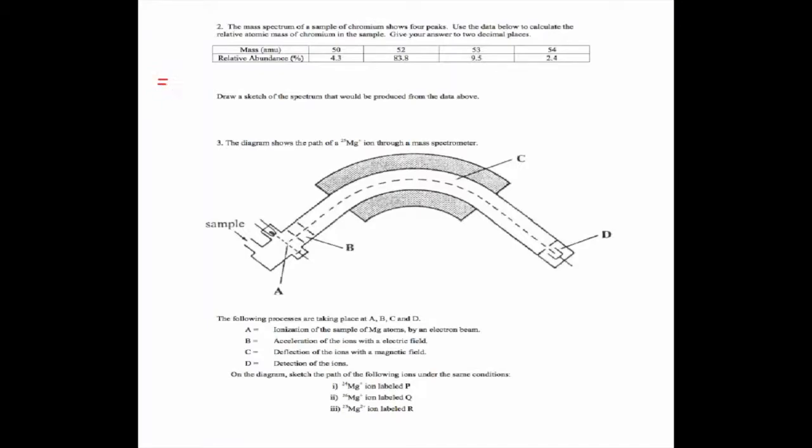So I'm going to take the atomic mass of the first isotope, which is 50, and I'm going to multiply it by its percent abundance, which is 0.043. And then to that, I'm going to add the atomic mass of the next one times its percent abundance, which is 83.8%. Notice I'm making these into decimals. Then multiply that by the next atomic mass times its percent abundance. And then the next one times its percent abundance. Okay? And it tells me to round to 2 decimal places. And so what I end up getting is